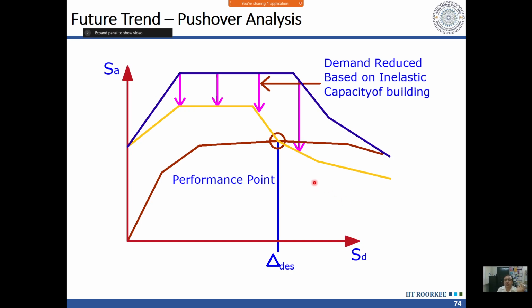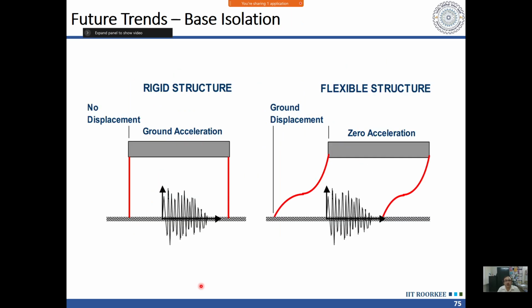That means that my structure is not going to survive this particular earthquake, for this response spectrum is given here. So this is the method in which I can determine the real performance of my structure during earthquake. And it is a very simple method, as compared to the nonlinear time history analysis. It is very simple in comparison to that. That's why it is becoming popular in the design offices, and our codes are also in process of adopting this. Both building code and the bridge codes are talking about this.